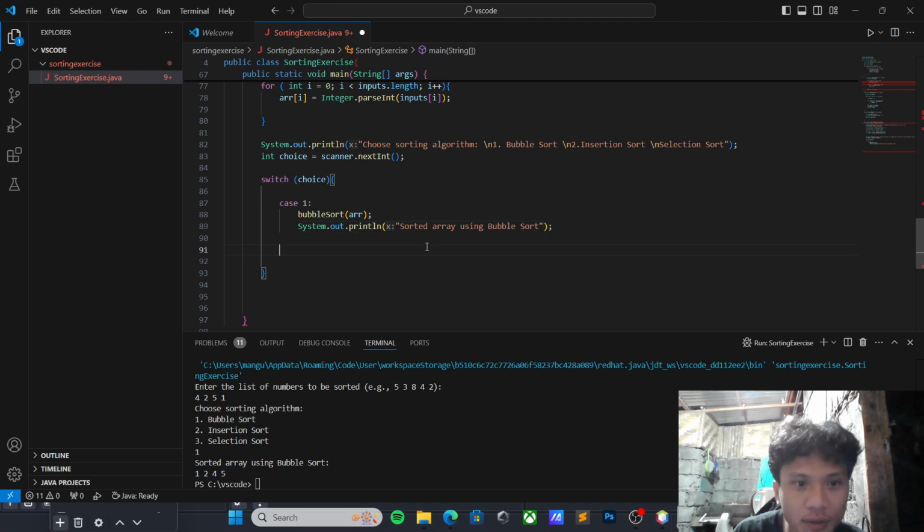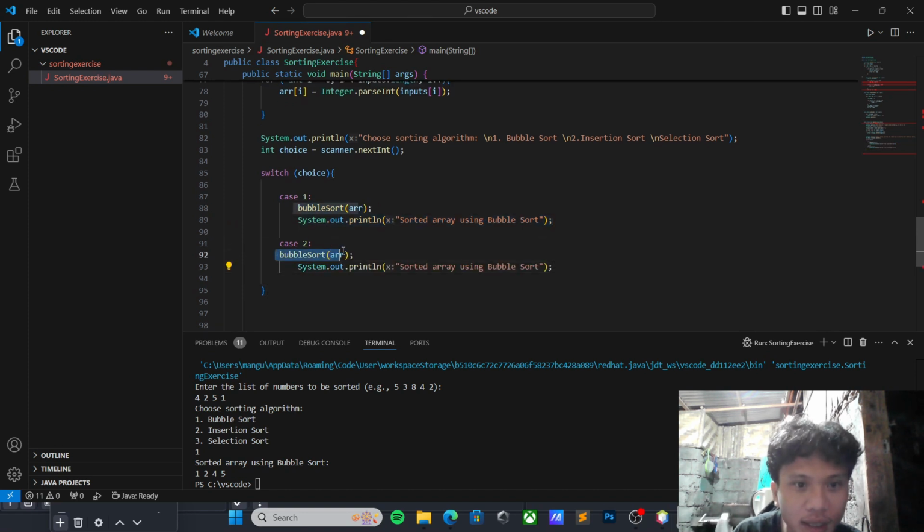Then in case 2, I guess we copy it so it's easier. But it should be 3 as our insertion method, and saying the sorted array using insertion method.